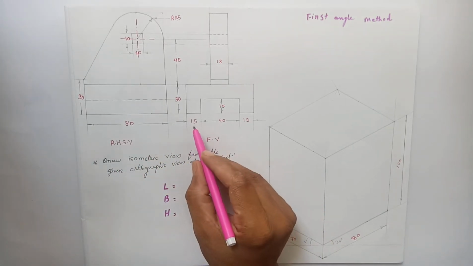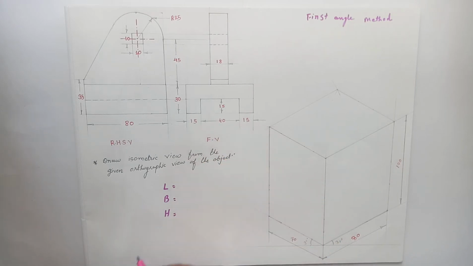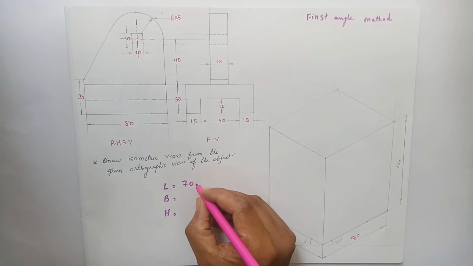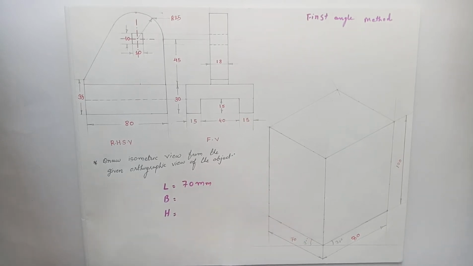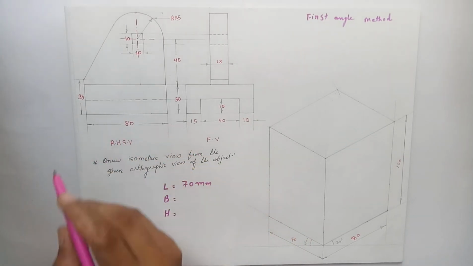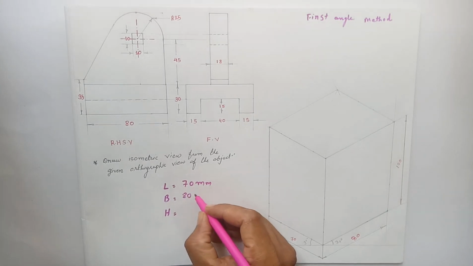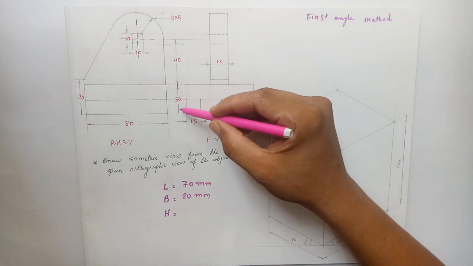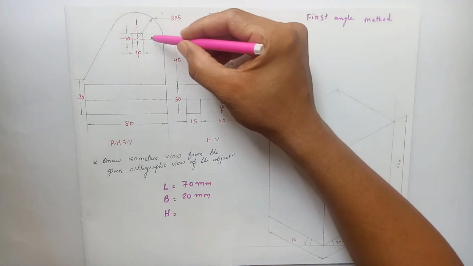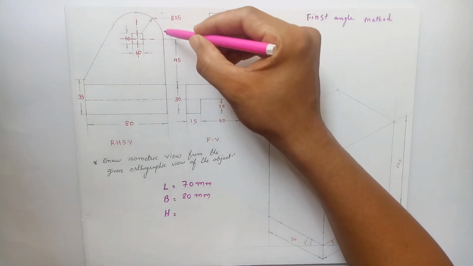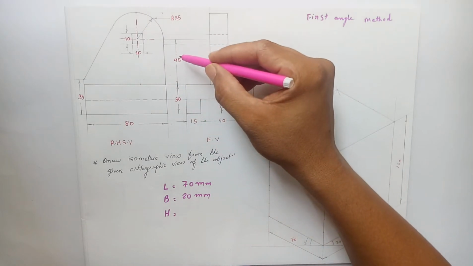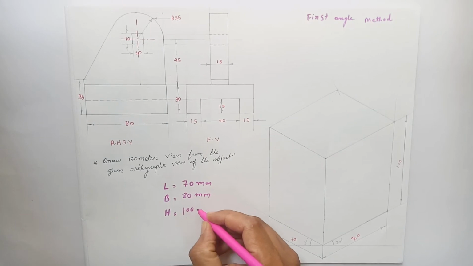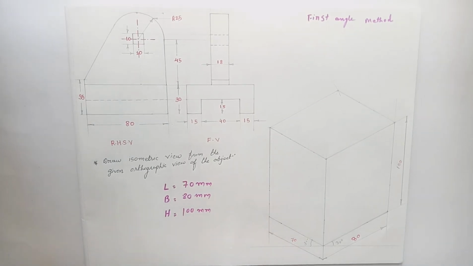So 15, 40, 15, it is 70. So this will be the length of the object, 70 mm. This will be the width of the object, which is 80 mm, and this will be the height of the object: 30, 45, and the radius of this arc. So 30, 45, which is 75, plus 25. So height will be 100 mm. Now after deriving the